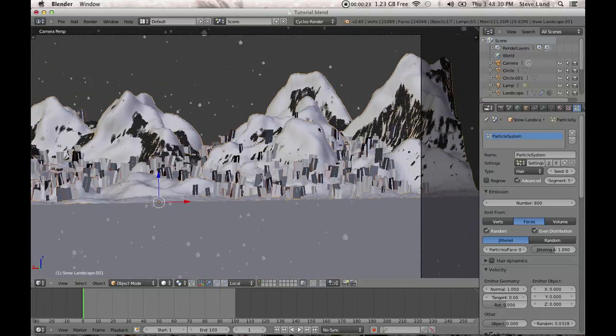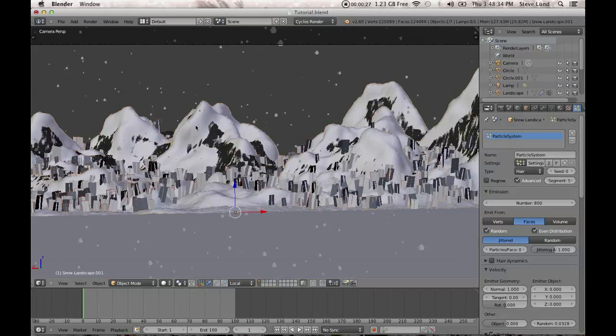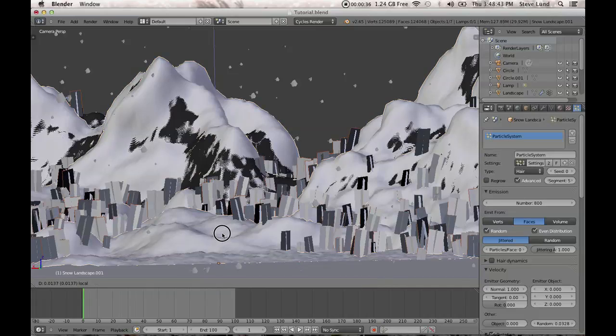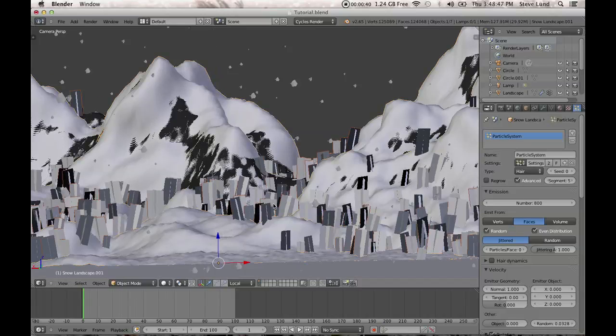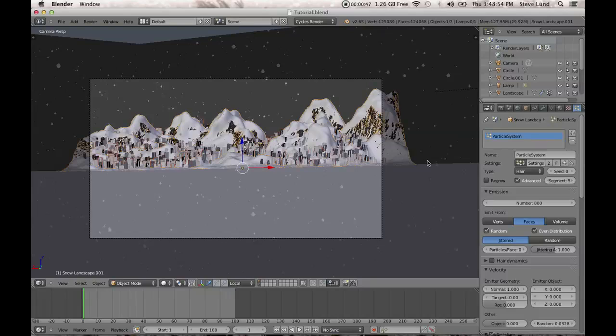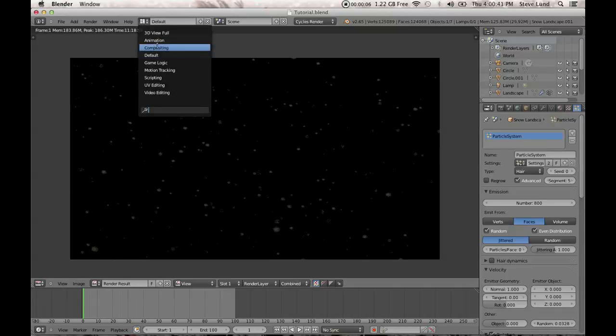And why don't we just grab our snow mesh right there, and move it up ever so slightly. So holding shift down, you can be more slight about it and get just a little bit more snow in there. Yeah, like that. Okay, that looks better. Now we can do our final render. This time for certain. Right, our render has finished, so let's go over to the compositor